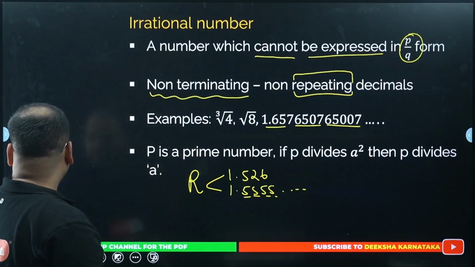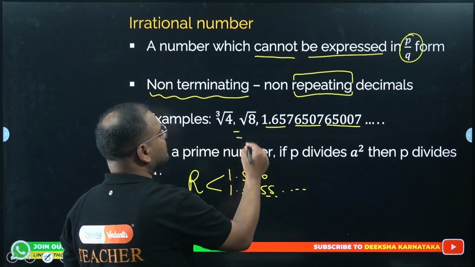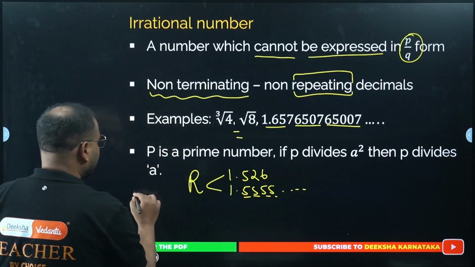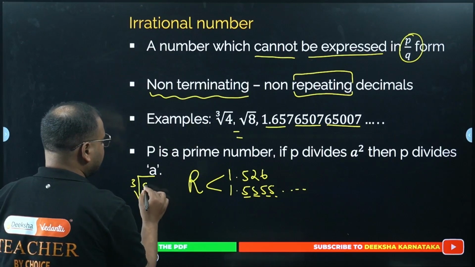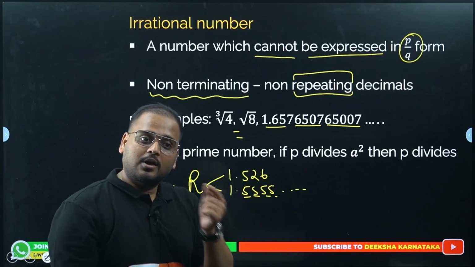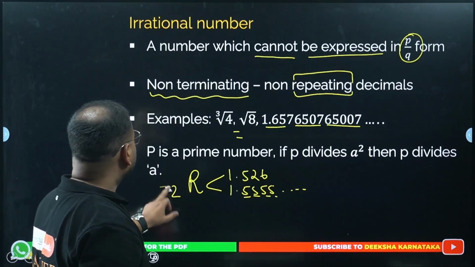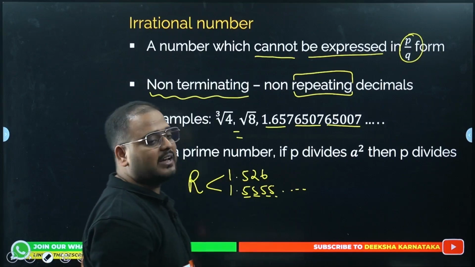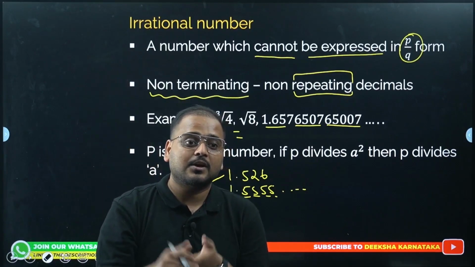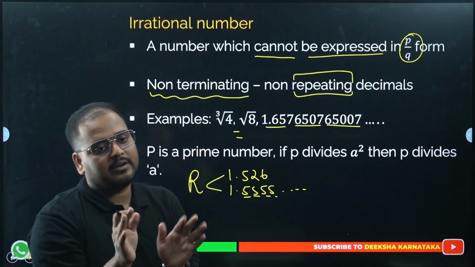Okay, same way, square root of 8. How will you find the square root of 8? Cube root of 8 is 2. If I write cube root of 8, then the answer would be 2. But here it is just the square root. Still we can't find any whole number for the answer of the square root of 8. So again, it is irrational. So wherever we have roots, second, third, fourth, fifth, whatever it is, if we can't take a whole number out of it, then it will be irrational.